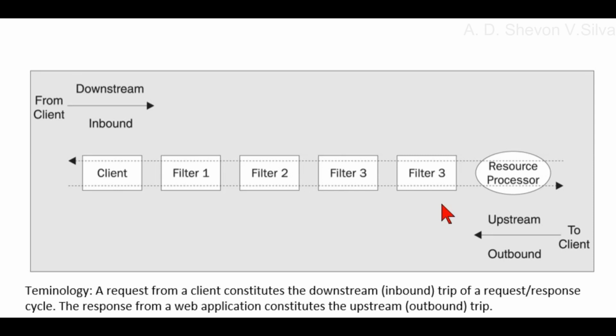The request originates from the client and goes through the chain of filters before reaching the final resource processor. In this figure, the request travels from the client through the first filter, through the second filter, and so on. We call this the downstream or inbound trip. The downstream trip always moves toward the final goal,